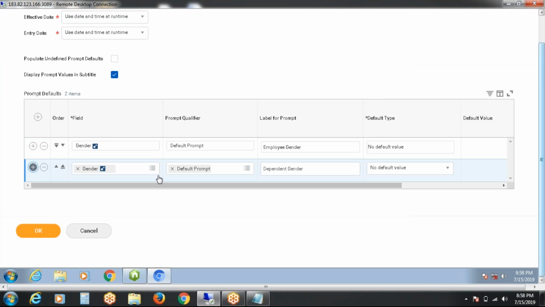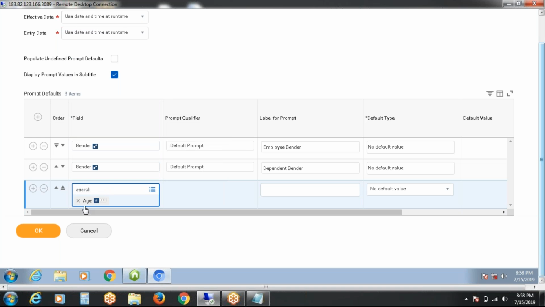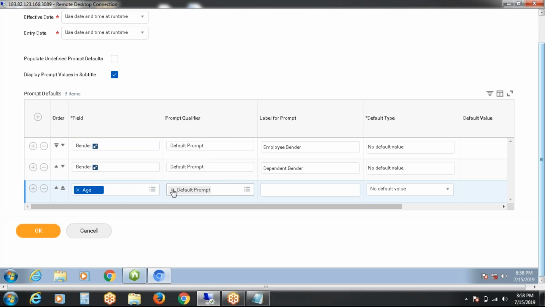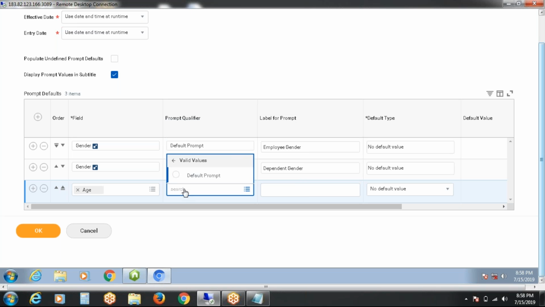Employee gender and dependent gender. Age. Only one value will come because we have already selected the option called prompt. So what is the prompt for the value? Starting prompt or ending prompt.